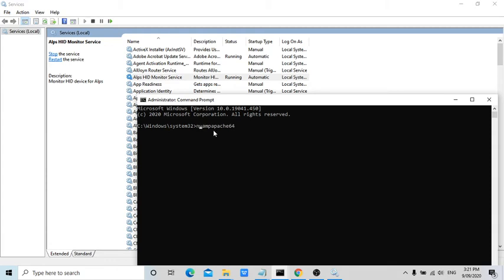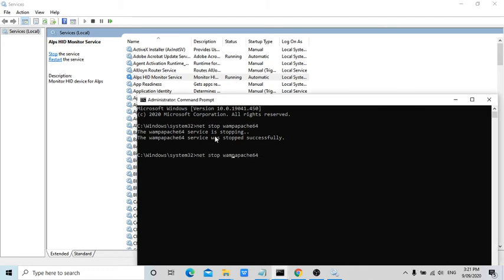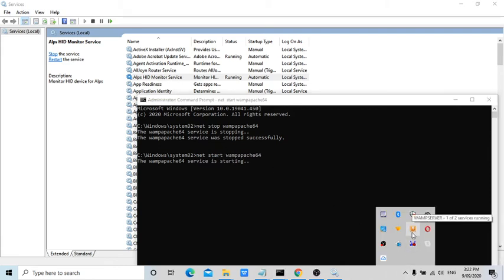Now net stop, how easy is that? We are stopping the WAMP server. Where it is, it has turned to orange. Now I'm going to make it start. You can write it down in a batch file, and keep it whenever you want to test it. It turned to green color, right? It worked for our scenario.